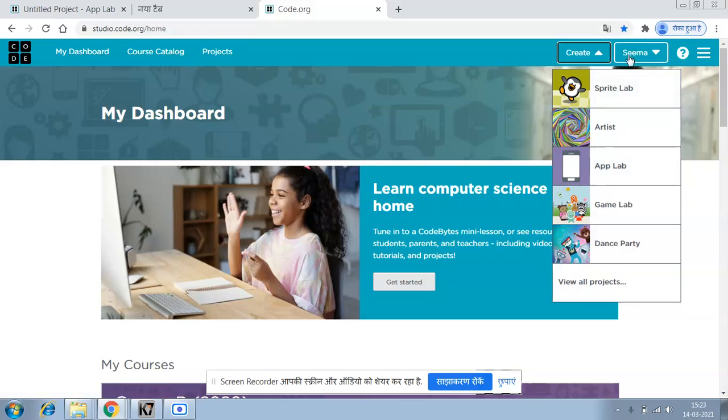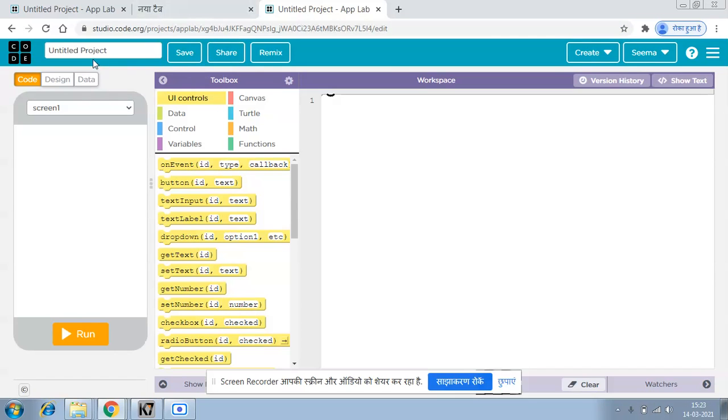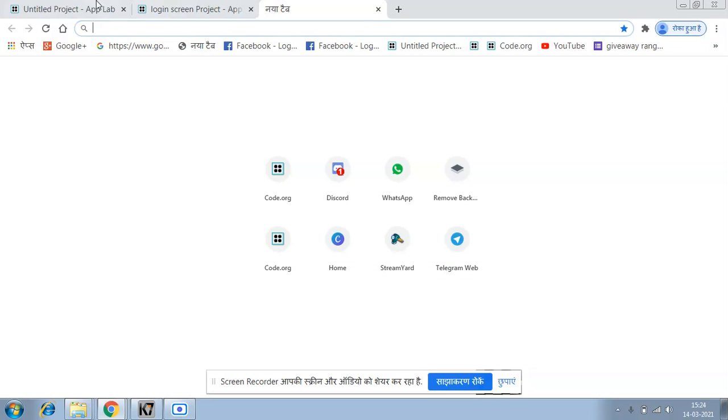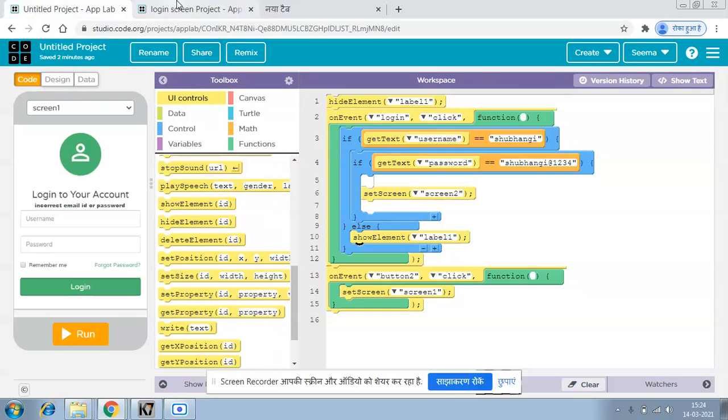Here you will get the sign in option, click on it, continue with Google and just open the App Lab here. Okay, and after opening the App Lab just rename your project as the login screen project. Just rename it as the login screen project, and after that what we need today is